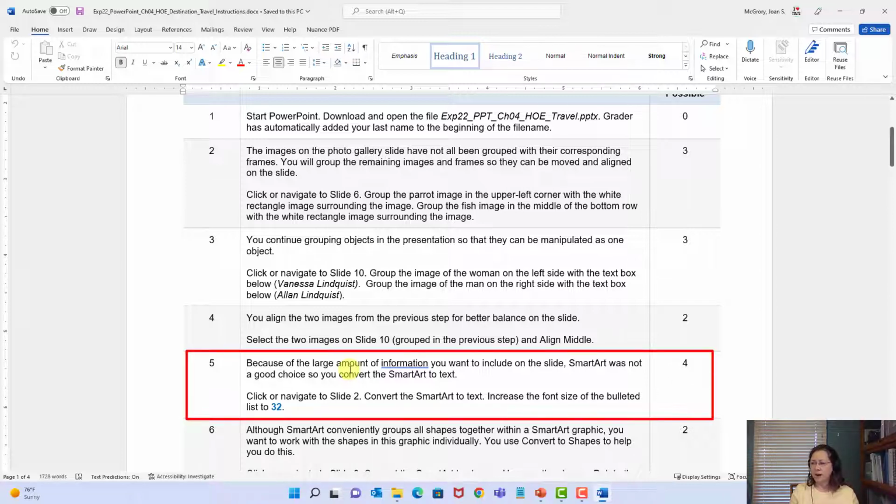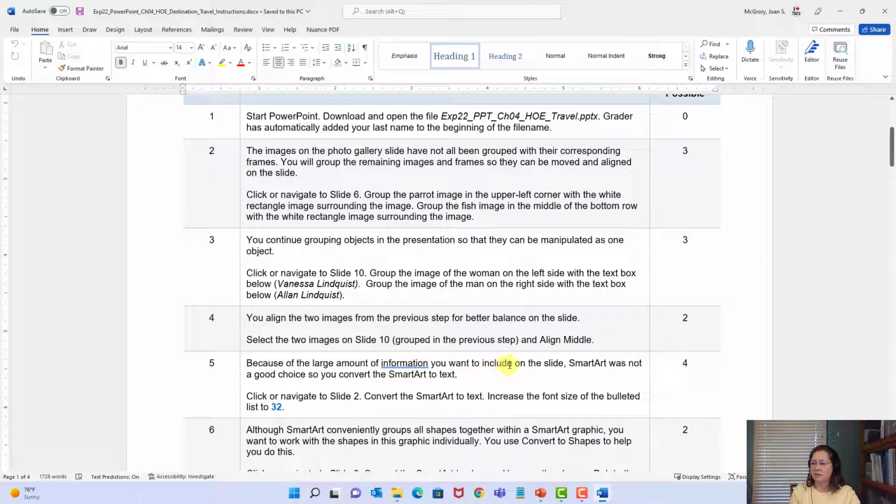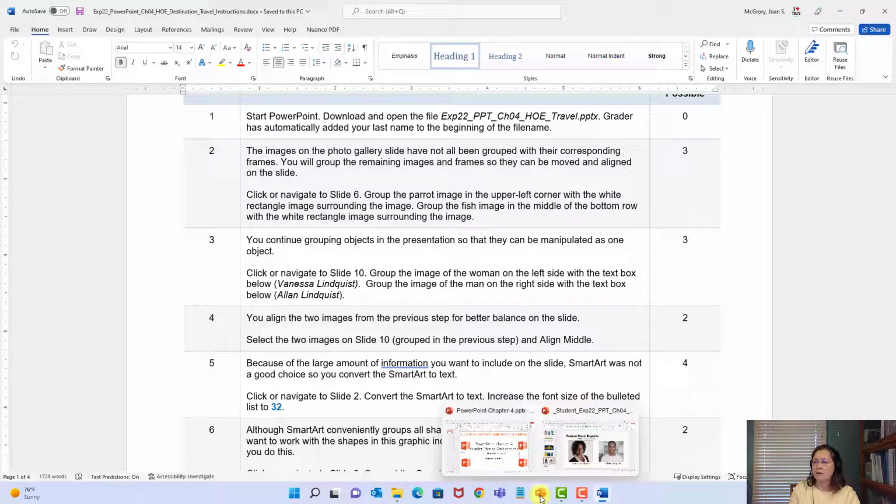So step 5, it says because we have a large amount of information in these slides, the SmartArt, they say, was not a good choice. So we want to convert that SmartArt to text. Probably not something you thought you would have to do, but sometimes, as they say, a large amount of information. So we're going to go to slide 2 to do that, and then we have to adjust the font size of the resulting text. So let's go back to our PowerPoint,